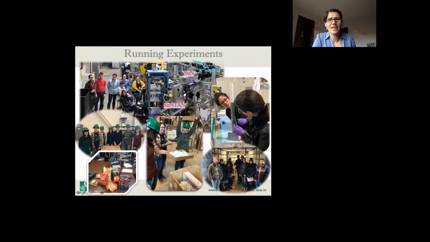This setup here is actually when we moved the SUN detector to Argonne National Lab. So we do experiments at other facilities as well. This is at Argonne National Lab when we just installed it on their brand new beamlines here. So here's SUN on the beamline, and this is SUN behind it.